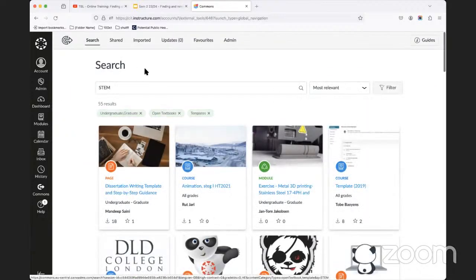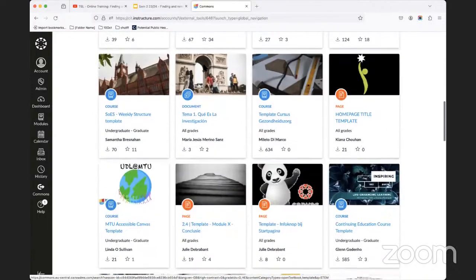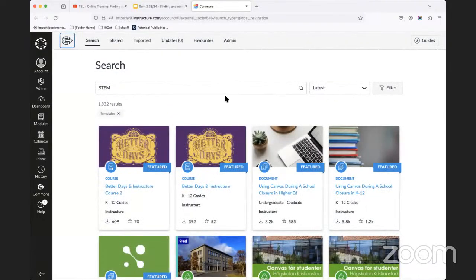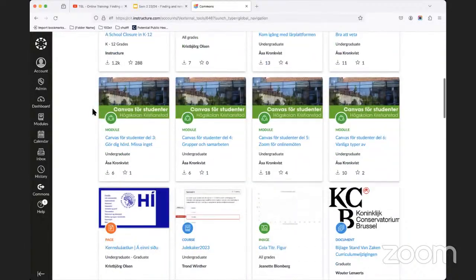One of the advantages of Commons is that you can determine whether material should be made available to every single Canvas user across the world, or whether it should be made available only to other people within MTU. So there is the worldwide Canvas pool, but then there is also the specific MTU Canvas pool, and material made available there will only be available to other MTU users.